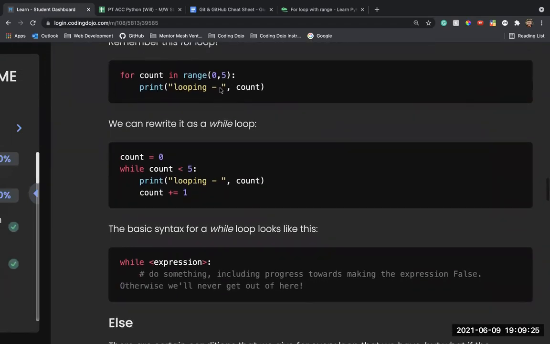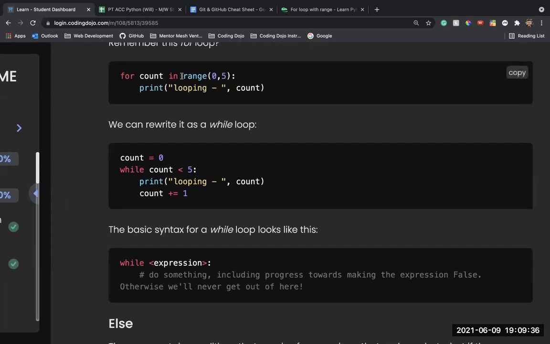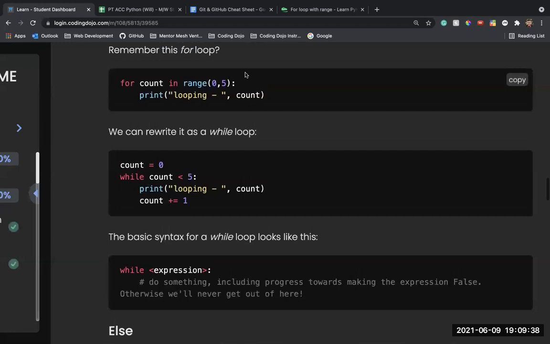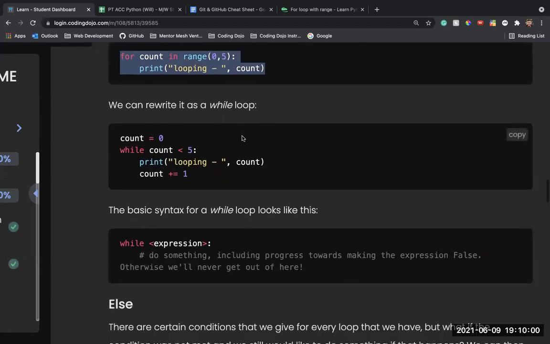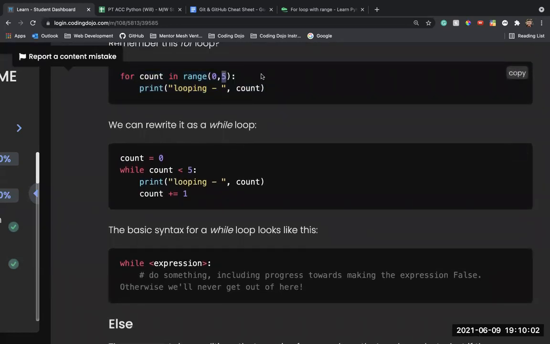I do have a question. Couldn't you just put a variable in the range? Because I'm just looking at this and I'm seeing for count in range 0 to 5. It's 2 lines of code versus 4 lines, right? So yeah, that's why I was saying this is a weird example, because you're like, oh, I can accomplish that here, but we know that this is going to end at 5. Again, this is a terrible example of a while loop. This is rewriting this as a while loop, but a while loop is used when we don't know when this condition is going to be hit.